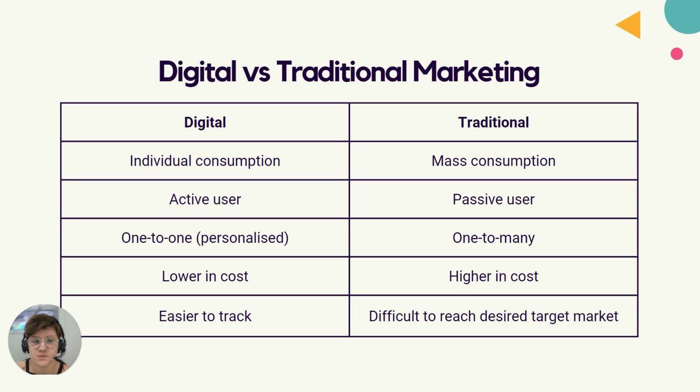So let's look at the difference between digital and traditional. Digital is very much about individual consumption, whereas traditional is mass consumption. The best way to look at this is with a billboard, for example. If you've got a billboard on the side of the highway, it's one ad, one message. Hundreds and thousands of people will drive past that billboard, but they're going to see the exact same billboard. Whereas with digital marketing, if I create a PPC campaign, I can create over 1,000